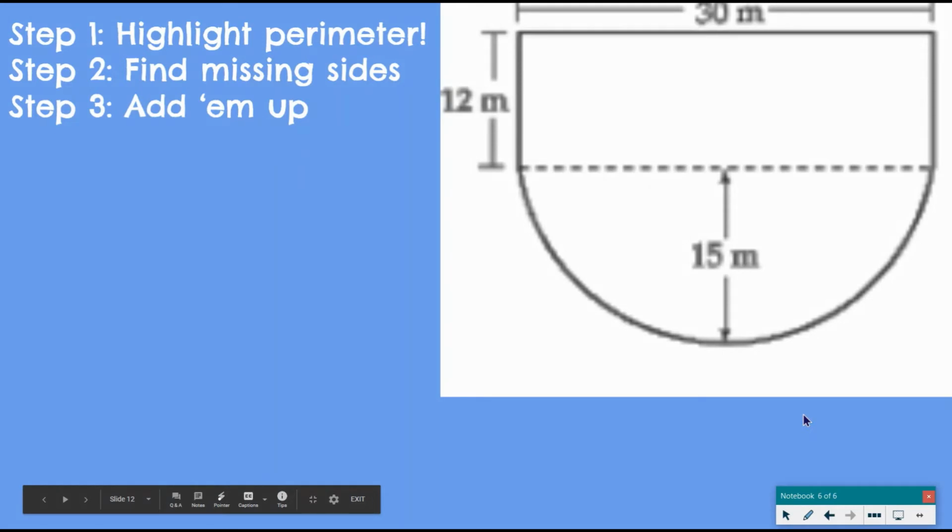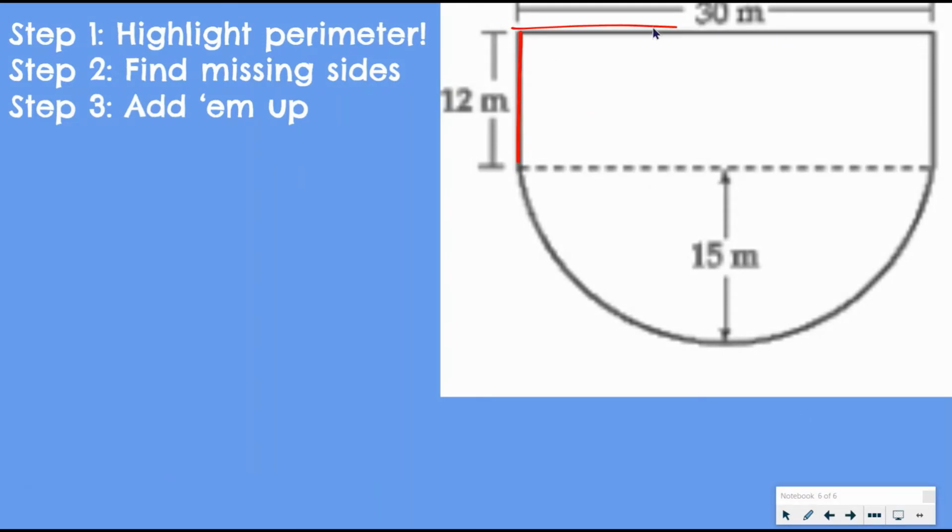Similar kind of problem here. I have a rectangle on top of a half circle. So I know 3 of these sides already. I know that that's 12, that's 30. If this is a rectangle, then that has to be 12 also. Now I just need to find this missing part, this curved part, which is going to be 1/2 of the circumference of that circle. So if I imagine finding the full circumference, this 15 is going from the edge to the middle. So that 15 is really the radius. So I'm going to use this equation,